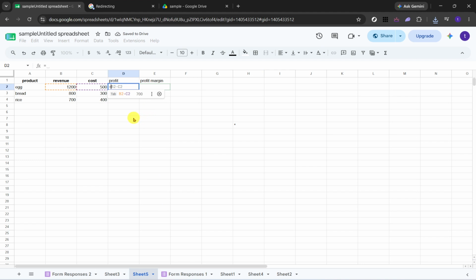To begin, open the sample Google Sheets spreadsheet. Once you're in the sheet, take a moment to locate the relevant columns. In this example, the calculation uses the values in columns B and C, and the result will first be placed in column D. Column D will be used to calculate profit, which is the difference between the selling amount and